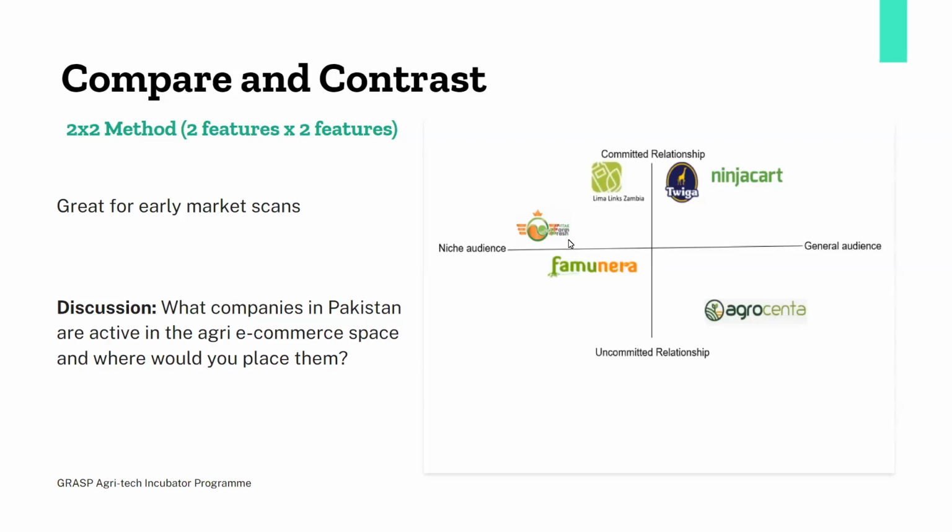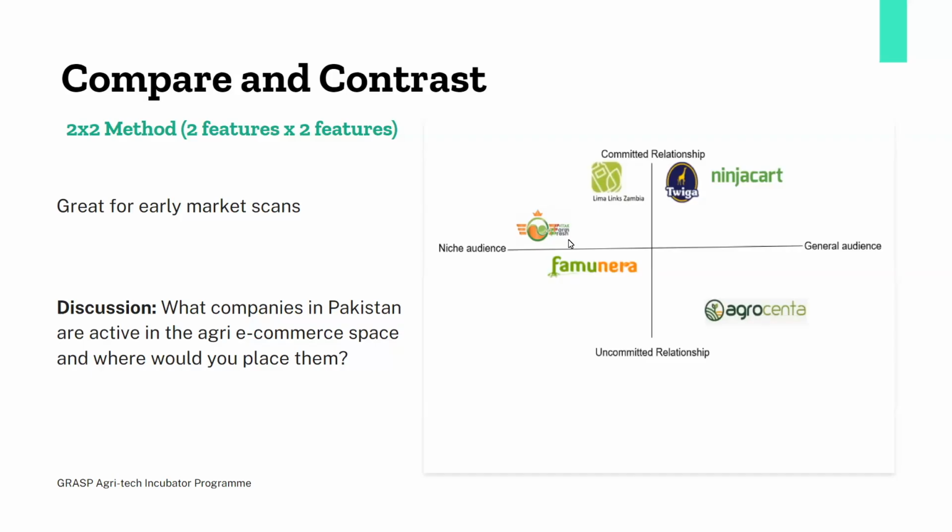But their relationships with their farmers are evolving from a point where they were very informal, like farmers just had to register and then they could start selling to them, to a point where they are putting in place agent networks and so on, so that there's a direct line of communication with the farmers and there's a more committed relationship.